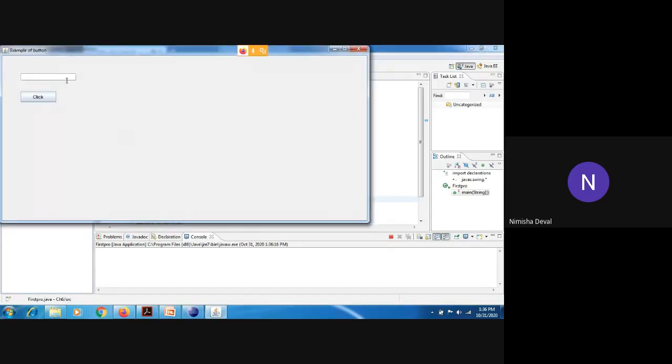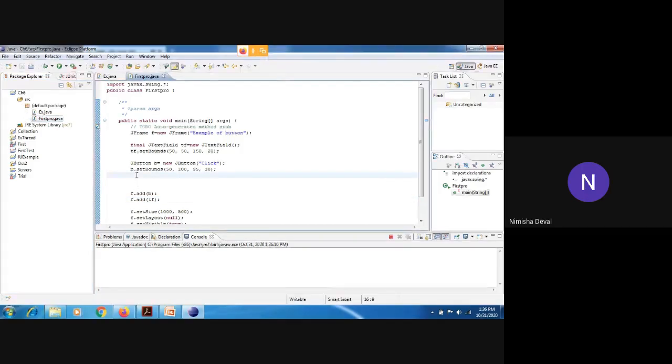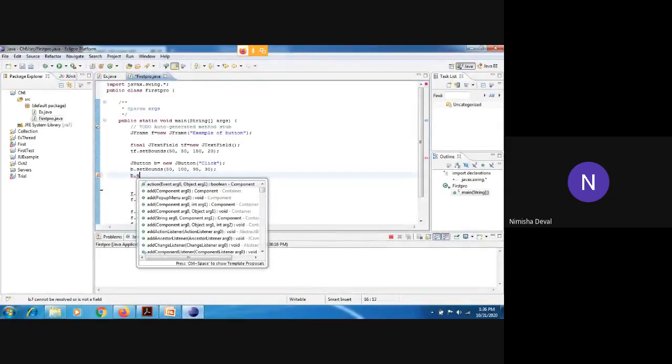Okay, so this is one text box and this is one button. After clicking on the button, it will give a welcome message in the text box. For that purpose, you need to write an action listener method. It means after doing an action on that button, some text will be printed on the text box. So for that, you need one method, add